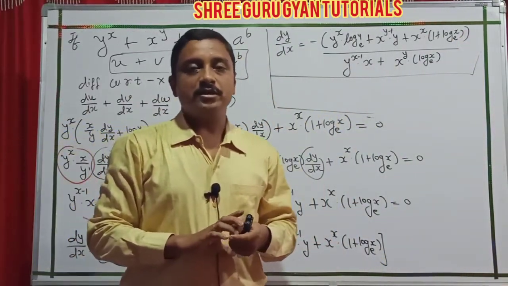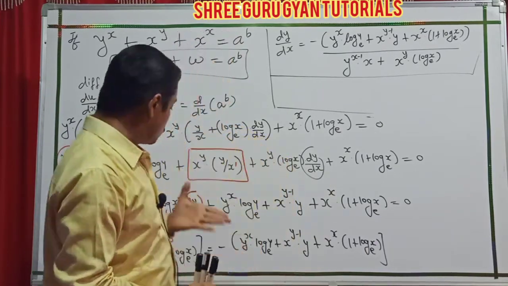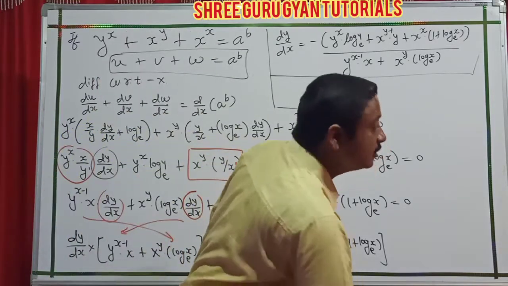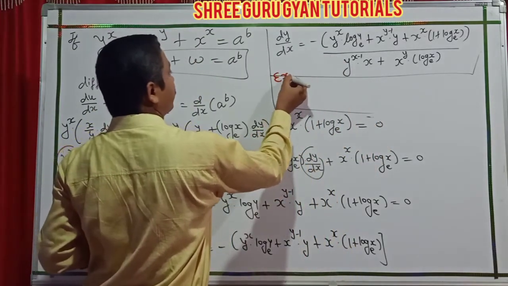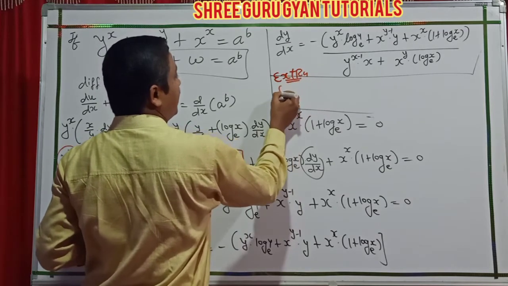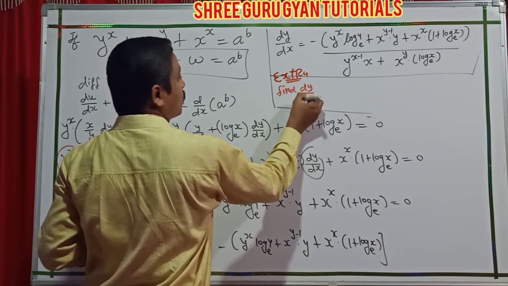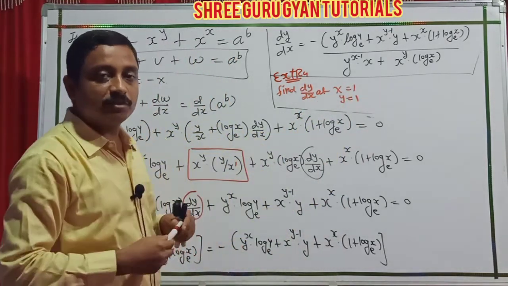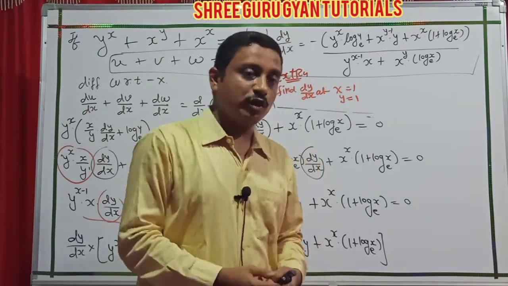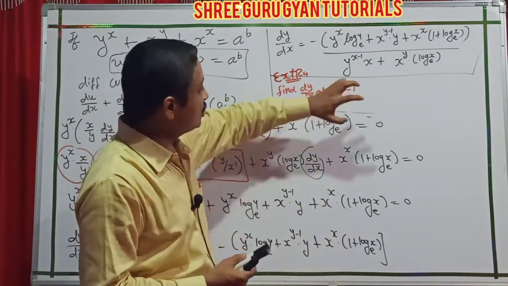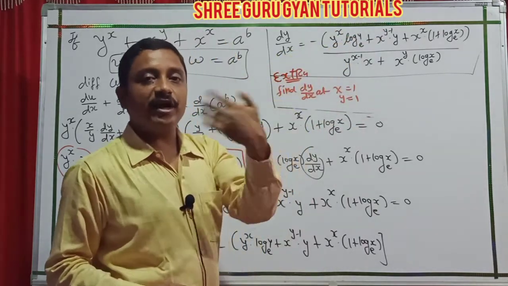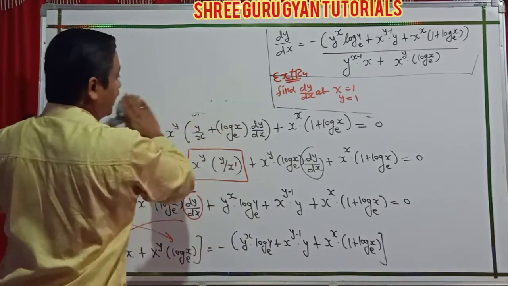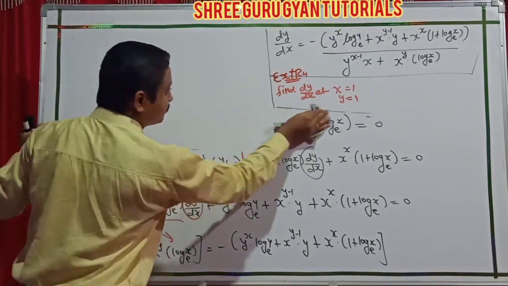But sometimes in exam this question is also asked at a different level, so I am going to do a different level, extra, for you only. Find dy by dx at x1, y1 cases. It is particular data given. So if you apply x1, y1, then you attach this value here and find the new answer. So I am also moving ahead with the x1 and y1 case type answer.